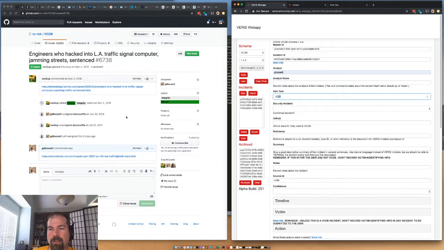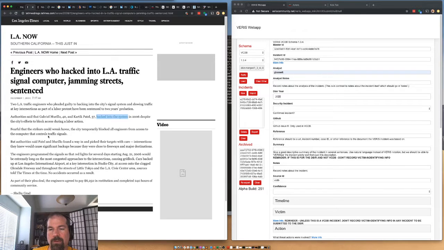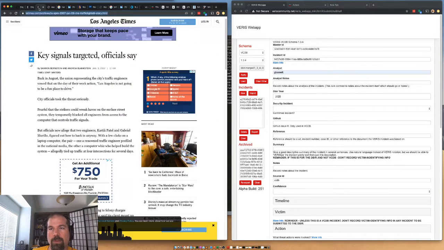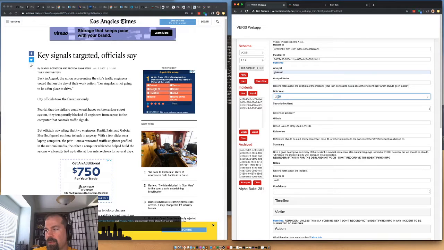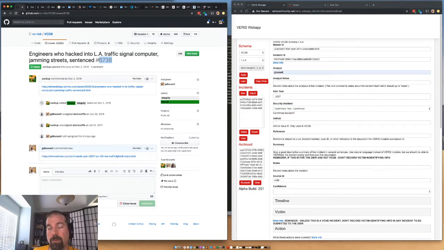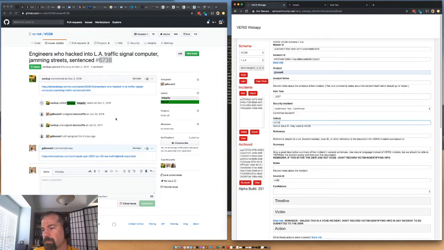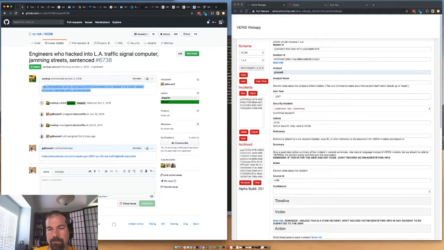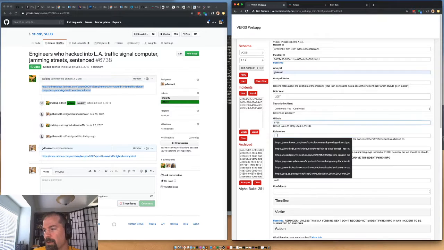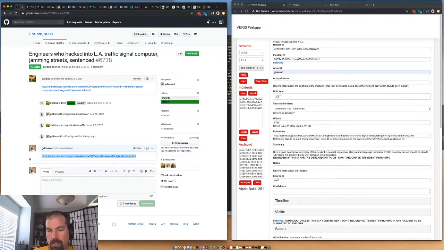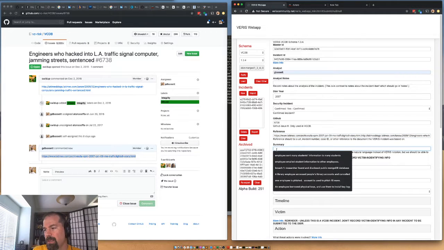This was submitted in 2015. This article is from 2009, but the breach happened in 2006. So I'm going to say this goes in the 2007 repository. By the way, if you ever wonder how we have breaches that happen before we actually started writing the report, this is how. Okay. So this goes in as an old one. It probably doesn't need to be in, but it's such a nice classic one.